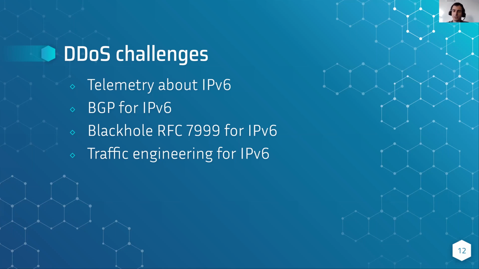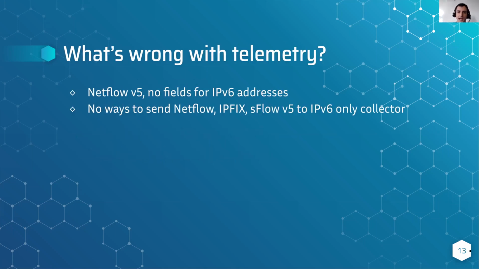When we are talking about deploying any kind of solution for attack detection or network automation, the first thing you need to do is deliver traffic information from your equipment in some way, because there are plenty of ways to deliver it. One of the challenges here is people who love old technologies. It's really a big problem because one of the most popular network telemetry protocols is NetFlow. It has a few versions: version 5, version 9, and version 10, which is also known as IPFIX.